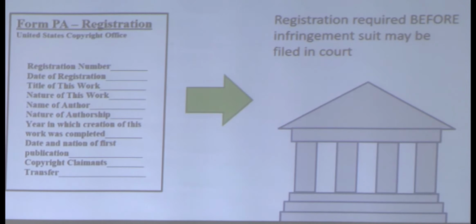Although copyright protection was secured automatically when the work was created, registration with the U.S. Copyright Office provides significant advantages, such as the right to even file a copyright infringement lawsuit. However, since Alvin did not register, he cannot file his suit.